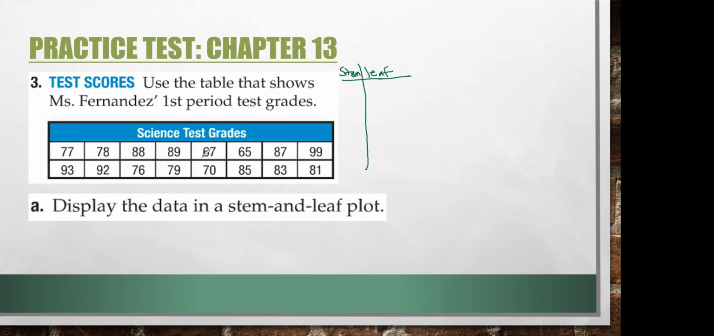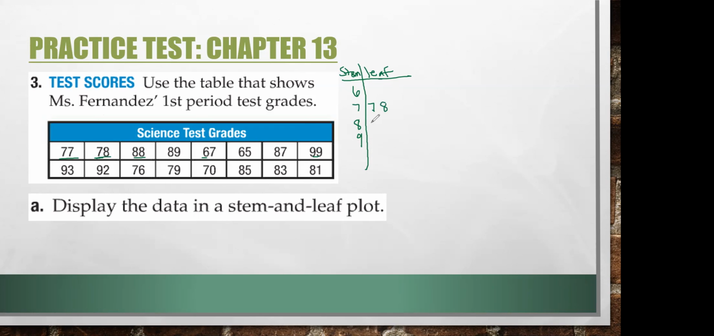So I can see I have values in my 60s, my 70s, 80s, and 90s, okay? So my stems are going to be 6, 7, 8, and 9, okay? And then I would take each set of data and add it into my stem and leaf plot. So I've got 77, so that would go here, 7 and then 7, and then 78, so put an 8